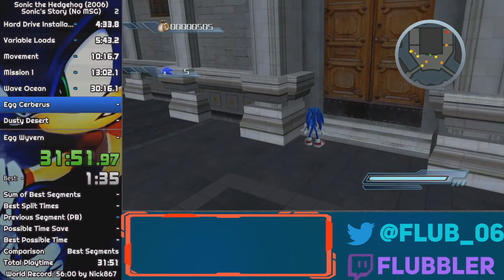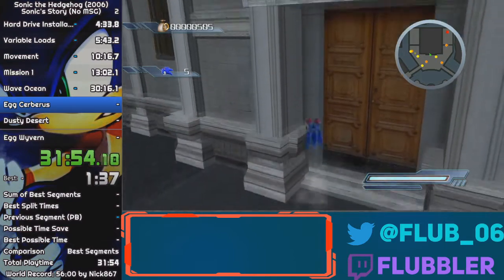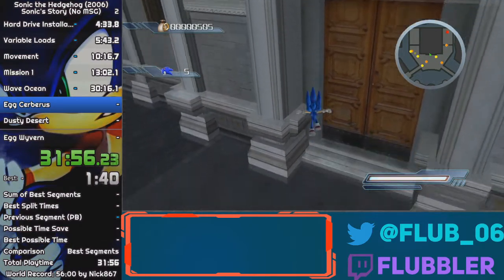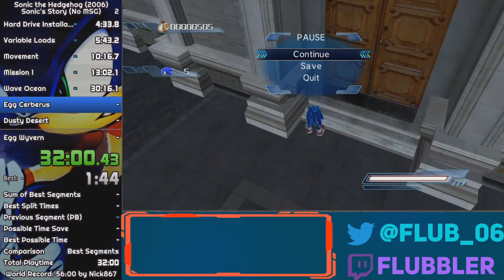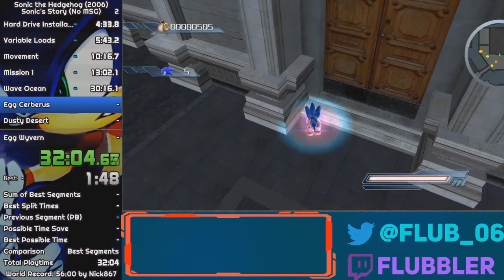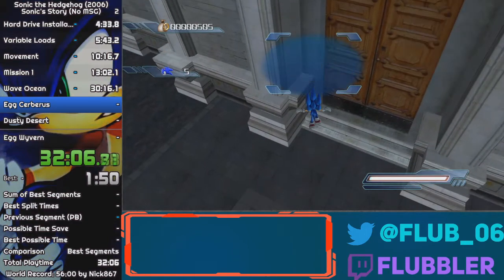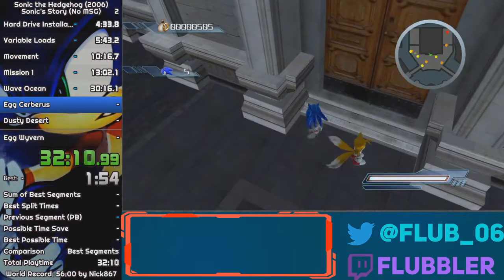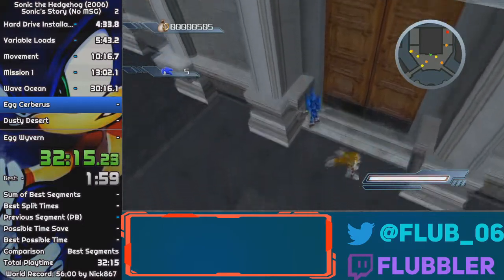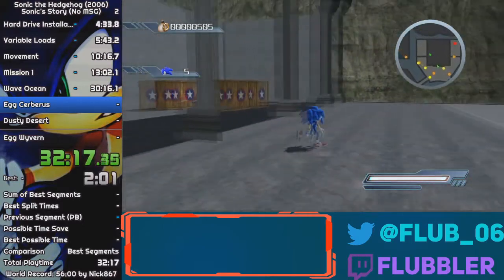And you want to time your homing attack, or you want to jump, and then when you are about to reach the floor, you want a homing attack. Like that. And so when you clip through,